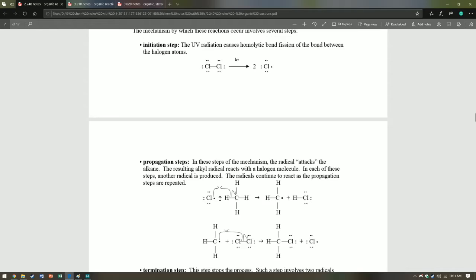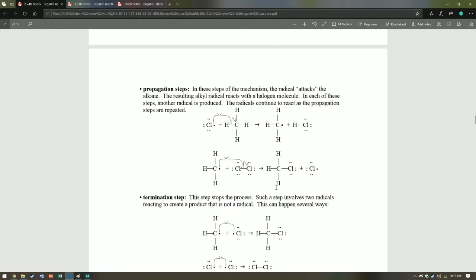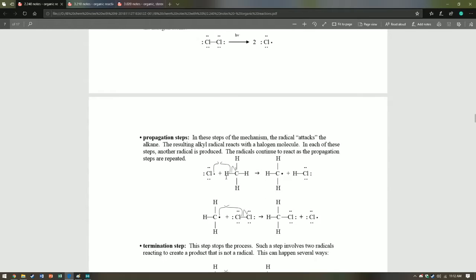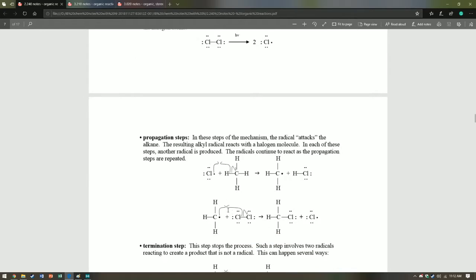basically this chlorine here will attack this hydrogen atom here, and it will essentially steal it from this hydrocarbon chain, and you will get HCl. But since you had two radicals, you can have one of those chlorine radicals attack the hydrocarbon molecule and steal a hydrogen from it, and then you would end up with a methyl radical. Or alternatively, since chlorine is more electronegative, you can do the initiation step with the methane and get a methyl radical, and you can